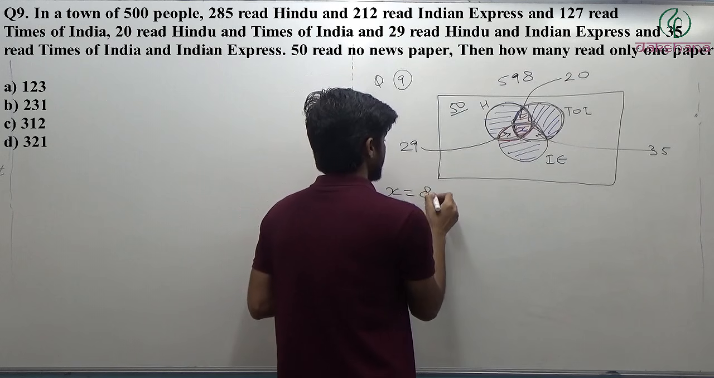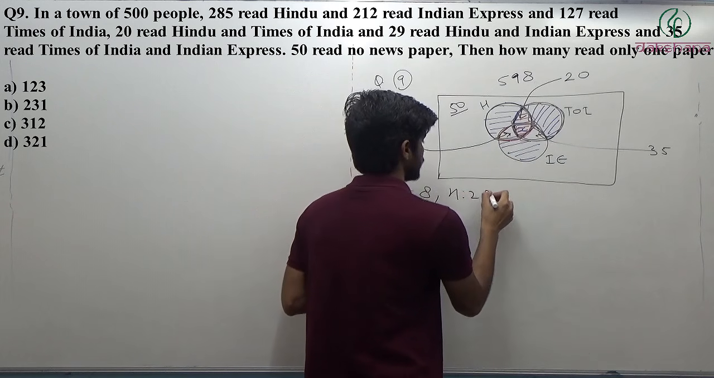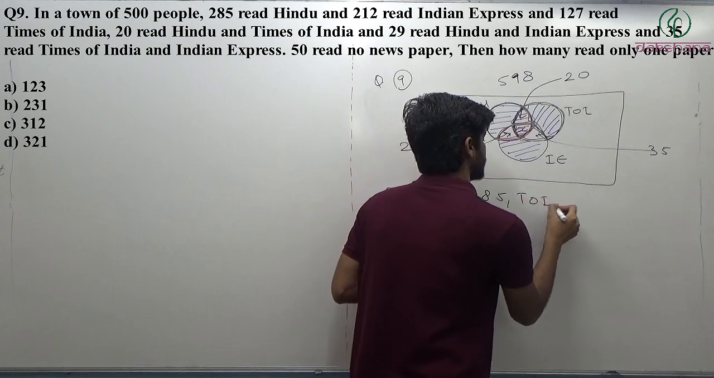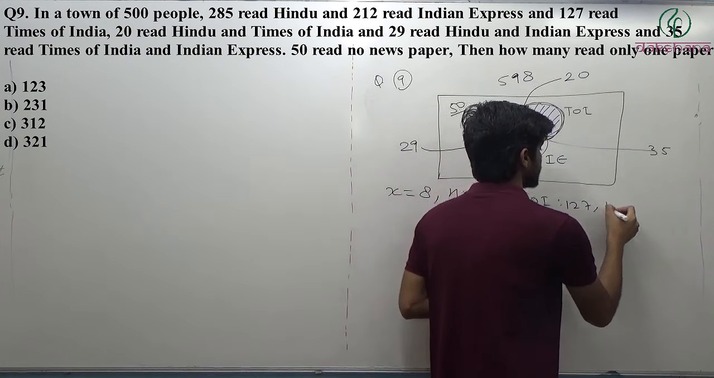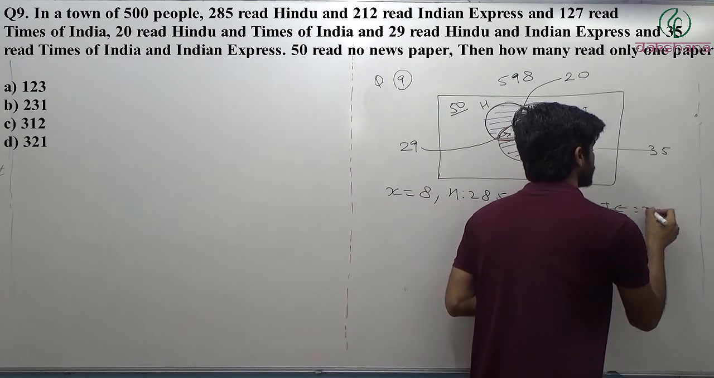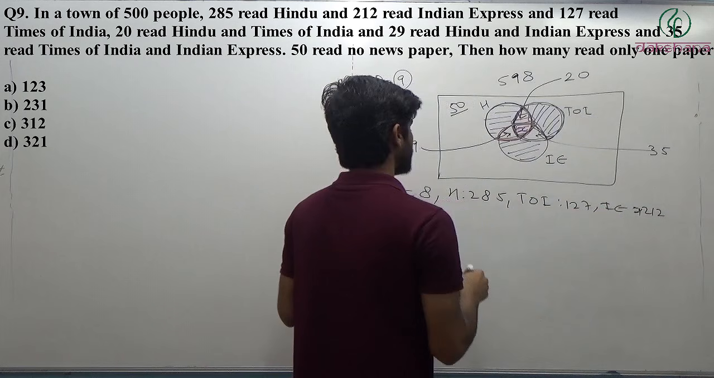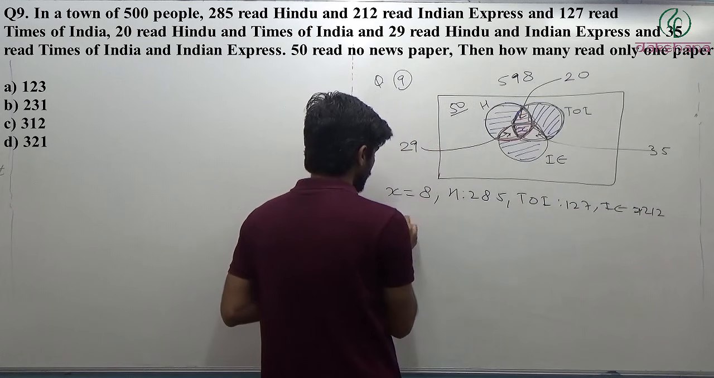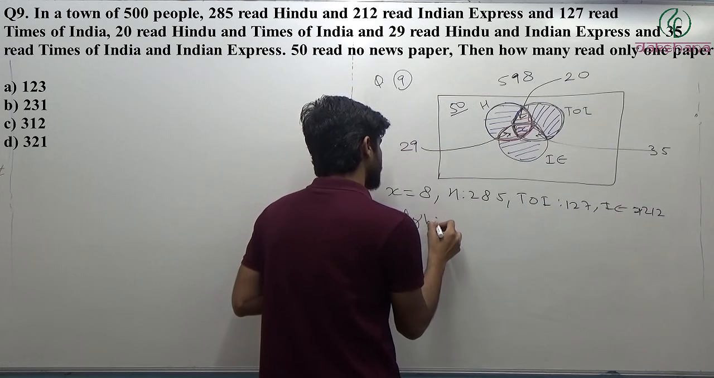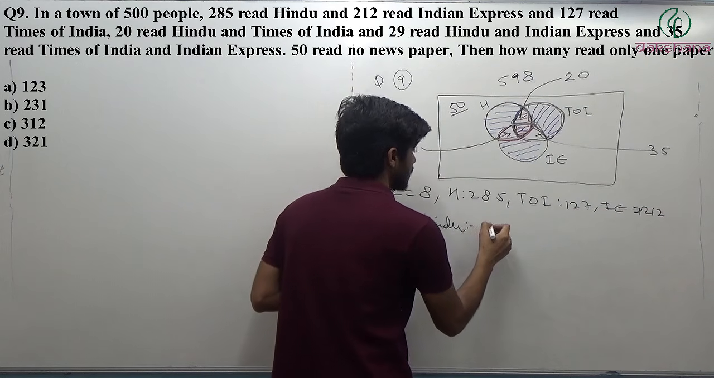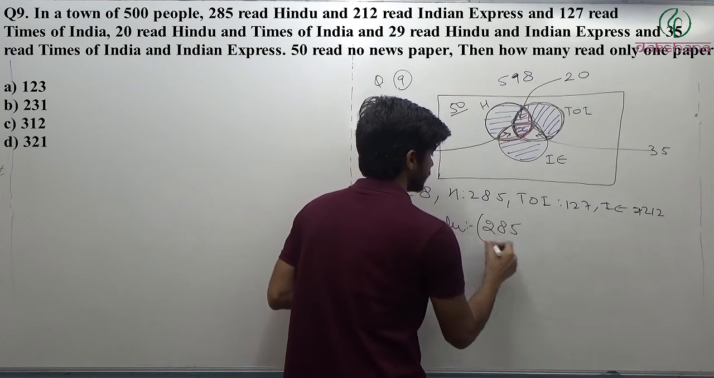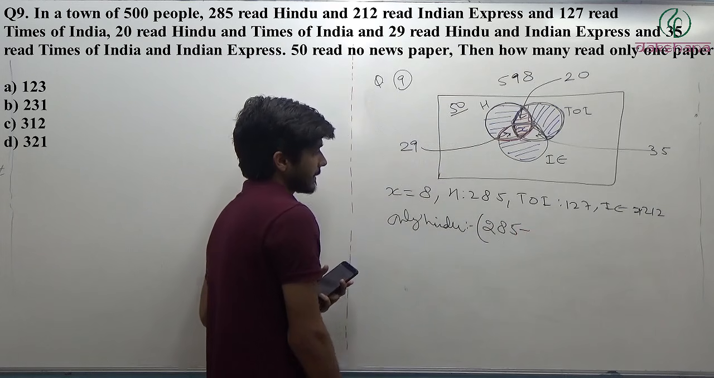So X is 8. Hindu was 285. TOI was 127. And then Indian Express was 212. But we have to find out only reading Hindu. Okay, this is easy, guys. So only Hindu I will calculate for one and you can calculate for all. So only Hindu would be 285